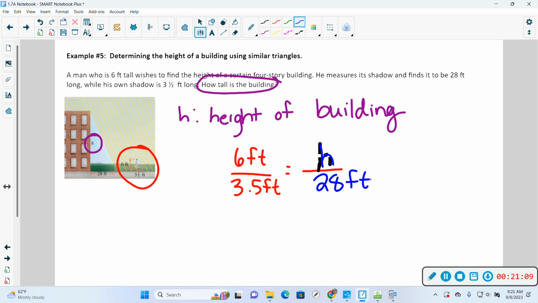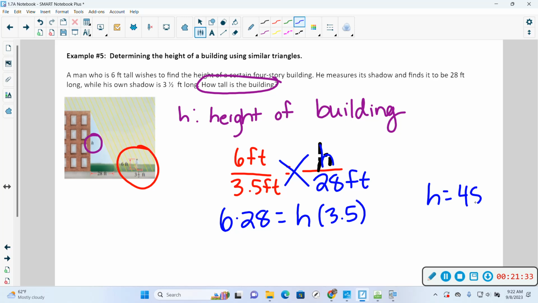Okay, do you remember how to solve a proportion? Cross products, yeah. So we're going to do 6 times 28. I would just put that in your calculator, of course. H times 3.5. And then you're going to divide off 3.5. Final answer: 48 feet. Got it. Any questions on this? Okay, so those are our